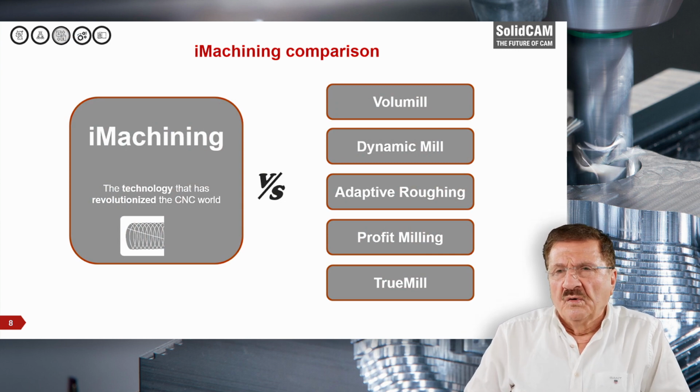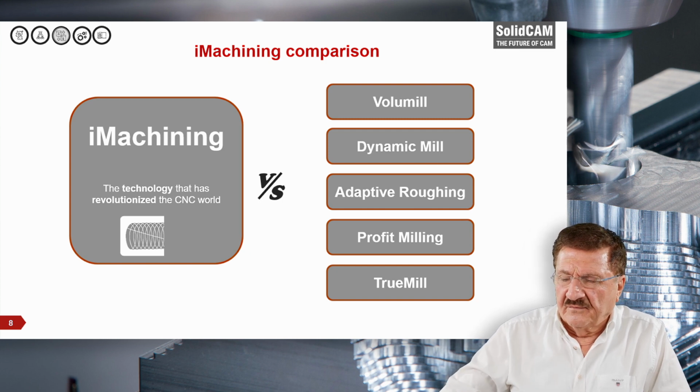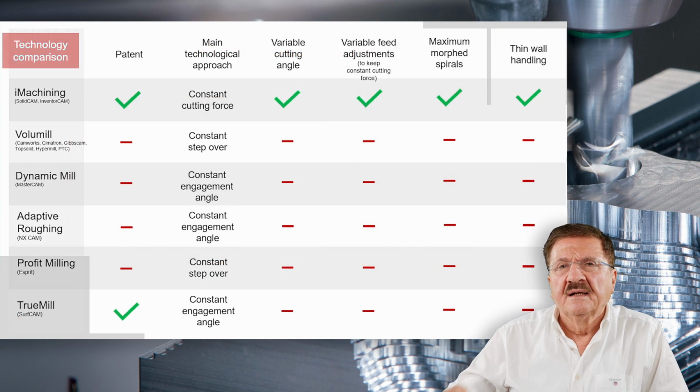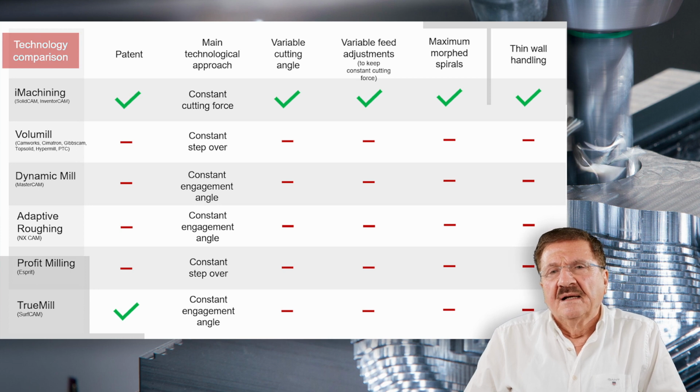I'm talking about VoluMill, which is integrated in many of our competitors: Dynamic Mill of Mastercam, Adaptive Roughing of EnixCAM, Profit Milling from Esprit, and TrueMill from SolidCAM. Let's see how they compare with our iMachining. First of all, iMachining has 7 patents, and none of the others have patents except TrueMill. But you know, TrueMill, as part of SolidCAM, is not getting anywhere lately, with SolidCAM being bought and sold